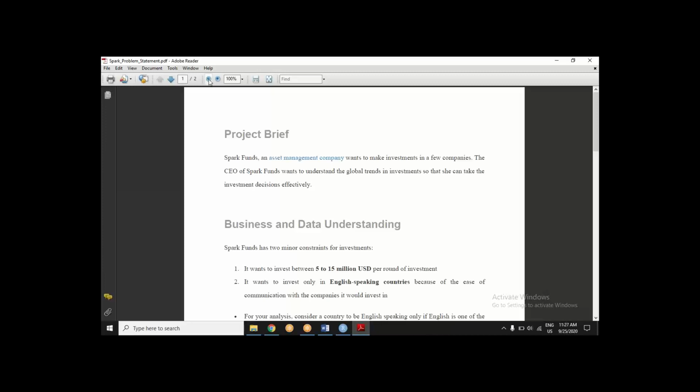So pay attention to my screen. You can download it later. You will have these 5 attachments, which I am briefing about here right now. So it is a project brief. It is the problem statement actually, what your problem is, and this is the way things will happen henceforth. You will have a problem statement, you will have a data set, and you will have to analyze that data set for these particular problems.